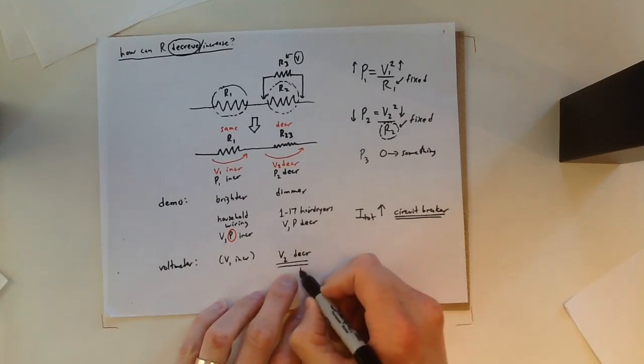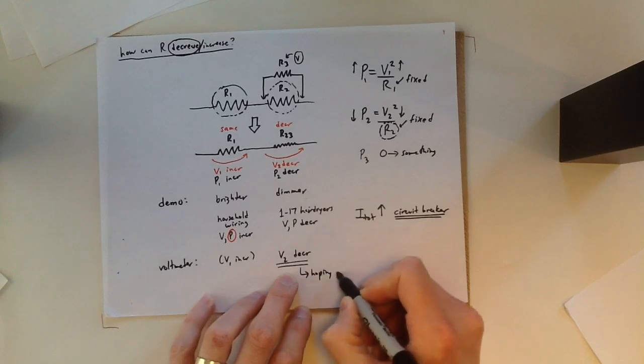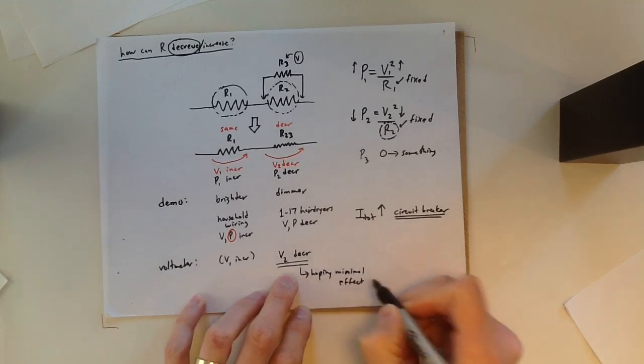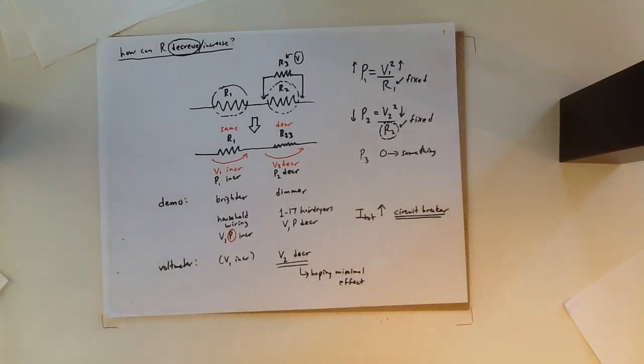So you're hoping this is a minimal effect, but it is technically true that a voltmeter will slightly depress the very voltage it's trying to measure. You hope it's in the fifth decimal place, where you don't even care, and you're not even going to write that far down into the decimals on your paper. But it is technically true that a voltmeter always measures a lower value than it was before it got there. There's a cost to knowing. Okay,